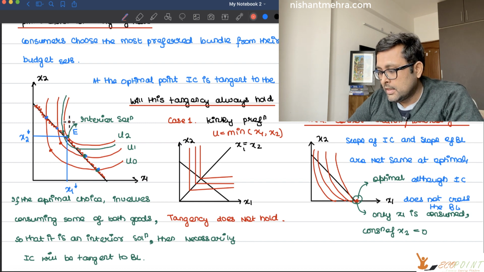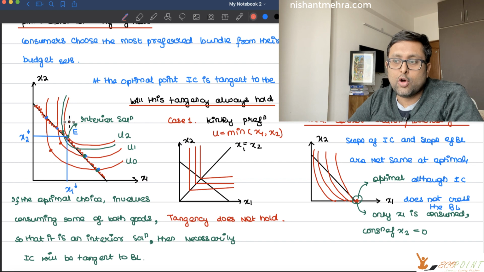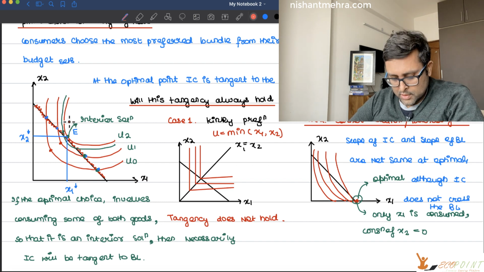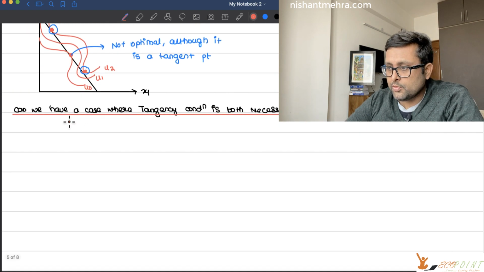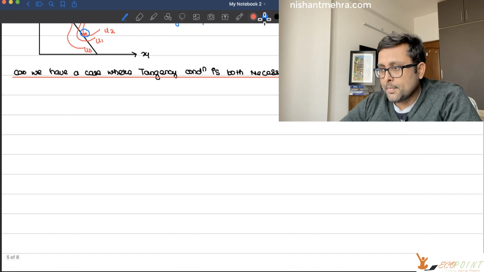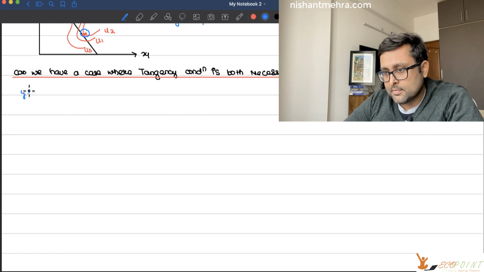One thing is that in case of strictly convex preferences, there can only be one optimum. Although in case of convex preferences, as with perfect substitutes, you can have more than one optimum, in case of strictly convex preferences the tangent point defining an optimum will also be unique. You may just write one or two lines here. So yes,